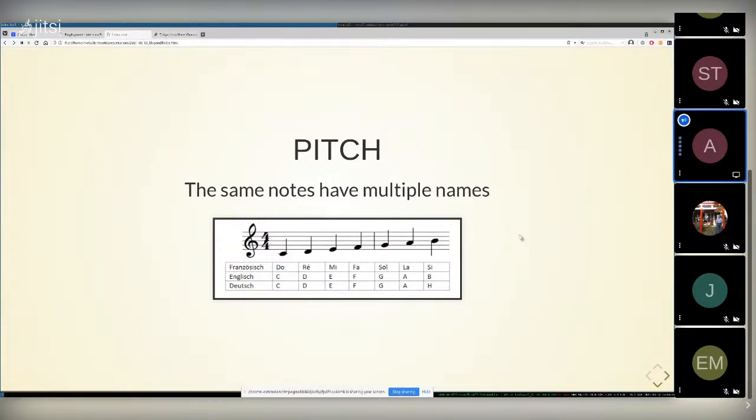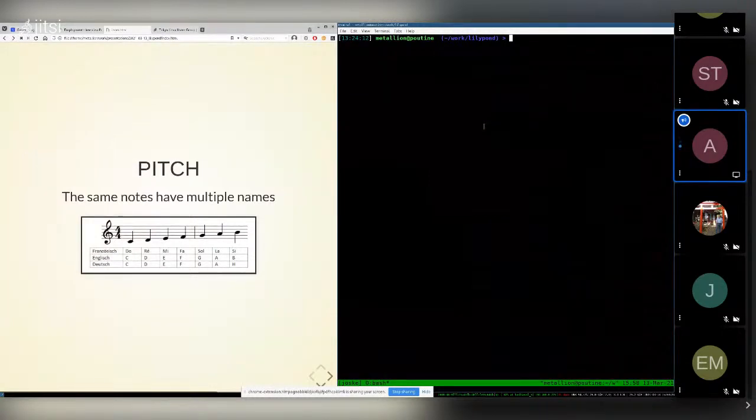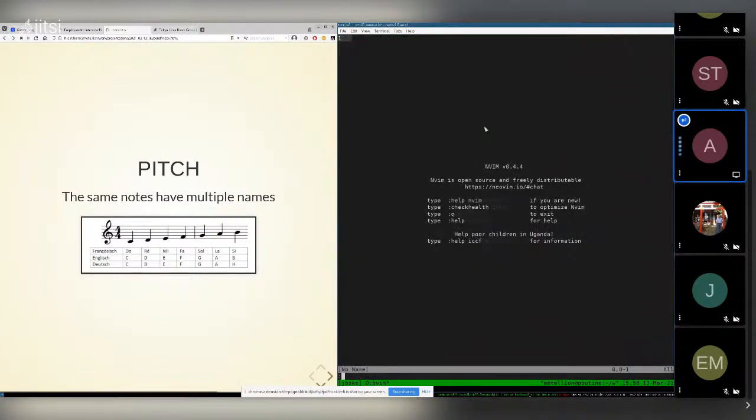So I'm actually going to write a little Lilypond now, opening my terminal over here. If the font is too small and you can't read it, just let me know, I'll increase it. Let's make a new file here. Call it tlug.ly. Open this in Vim. And I'm just going to turn off my spell checker because it doesn't like Lilypond. So set no spell.